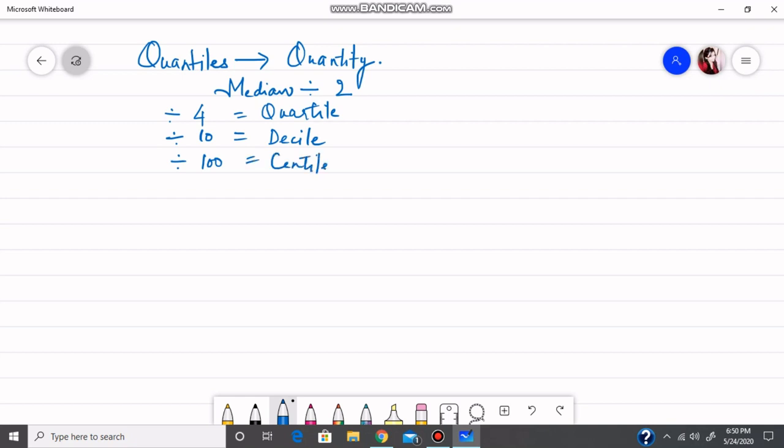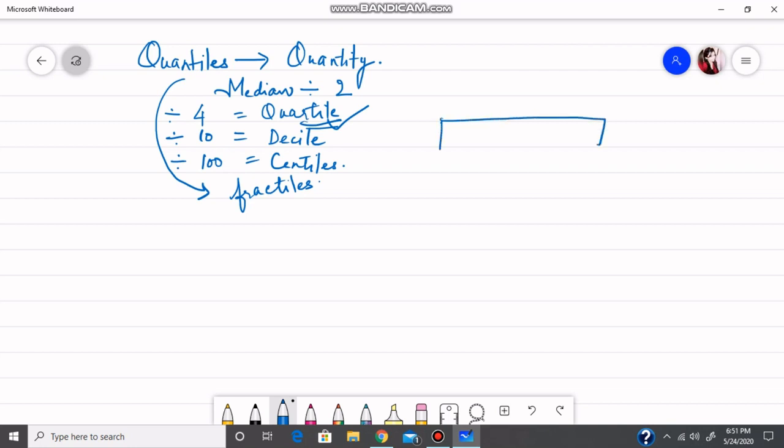So quantiles are a generalized concept which tells you that the data set can be divided into equal-sized subgroups, and they have different nomenclature based on the equal-sized adjacent fractions we are dividing into. These quantiles can also be known as fractiles. Either you call them quantiles or fractiles, they are the same thing. Now let's understand the concept. In this section, I will be concentrating on the quartile. I'll be explaining the concept of quantiles with the help of quartiles.